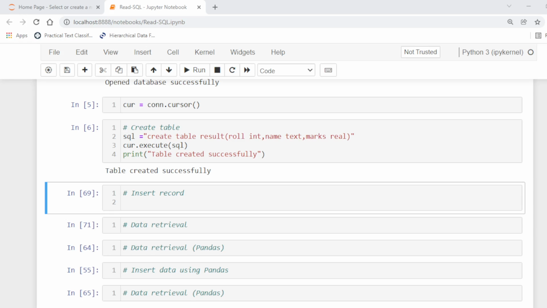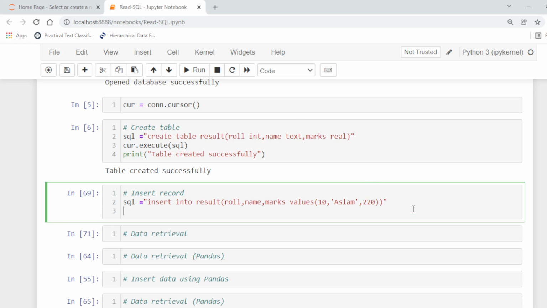For example, let's say we have a SQL equal to insert into result roll, name, and marks values. For example, roll number is 10, name is Aslam, and marks is 220, for example.